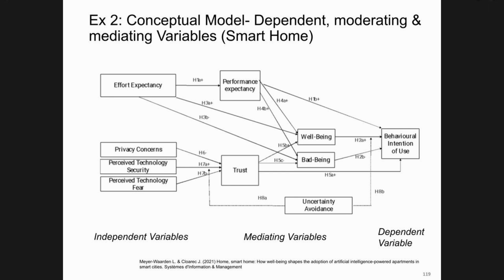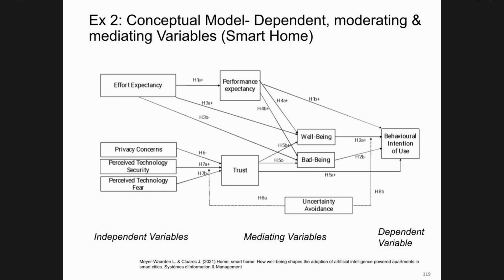On the other hand, we have independent variables, privacy concerns and technology fear. They should have a negative impact on the mediating variable trust. In turn, trust as a mediating variable should have a positive impact on behavioral intention to use. So the higher the trust, the higher the intention to use, which is the dependent variable. Or the higher the mediating variable well-being, the higher should be also the behavioral intention to use. Technology security should have a positive impact on the mediating variable of trust, which should then increase the behavioral